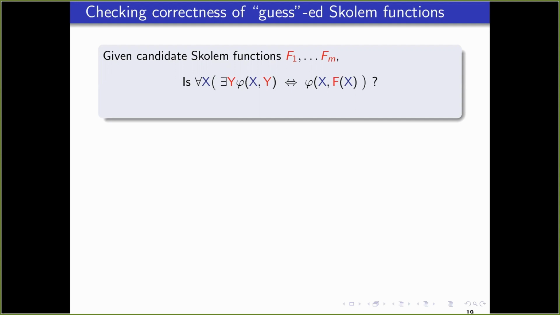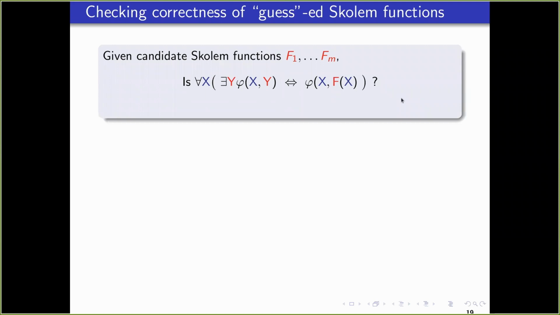So these are our guesses of the Skolem functions. And then, we want to check whether maybe our approximation is already good enough, or maybe it is not. So, once we have obtained some candidate Skolem functions, I want to check, is it the case that for all x, remember this was the definition of our Skolem functions, for all x, there exists y phi xy is equivalent to phi x of x?